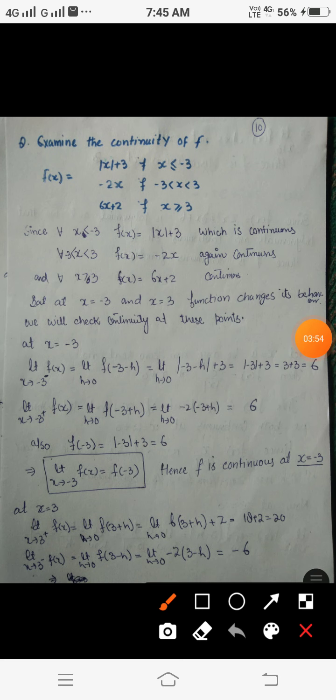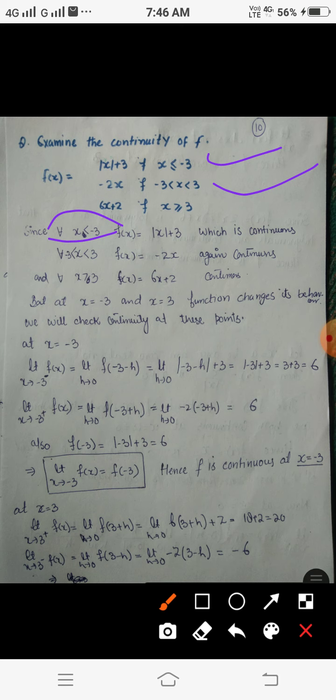we have to examine the continuity of f, where f of x is defined by mod x plus 3 if x is less than or equal to minus 3, minus 2x if minus 3 is less than x less than 3, and 6x plus 2 if x is greater than or equal to 3. Now for all the points which are less than or equal to minus 3, this f of x is defined by mod x plus 3. So if we consider the points which are less than minus 3, that is strict inequality